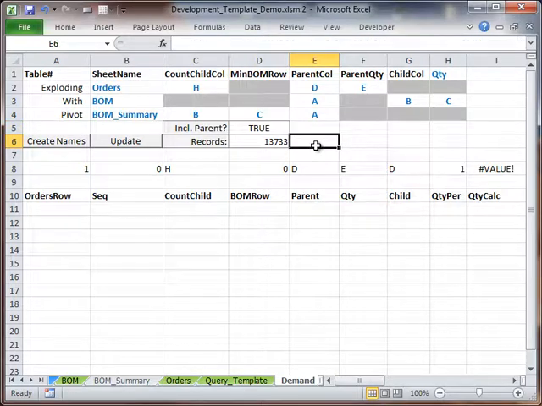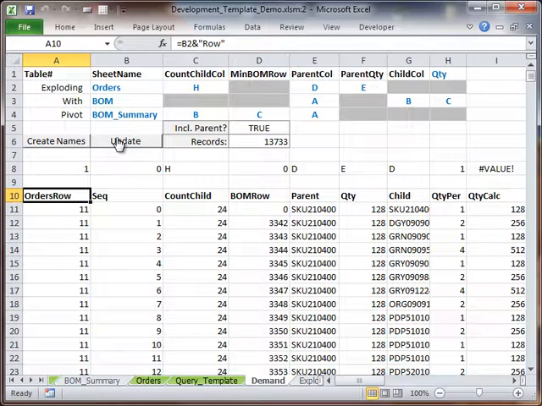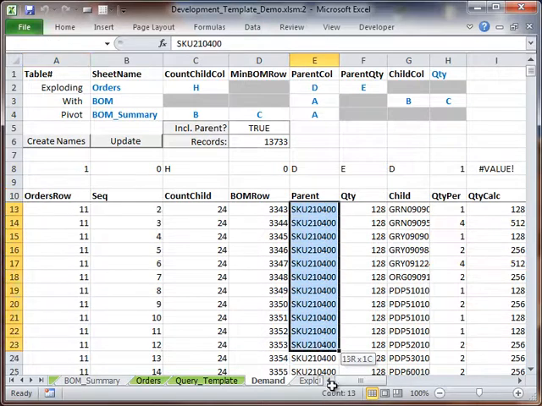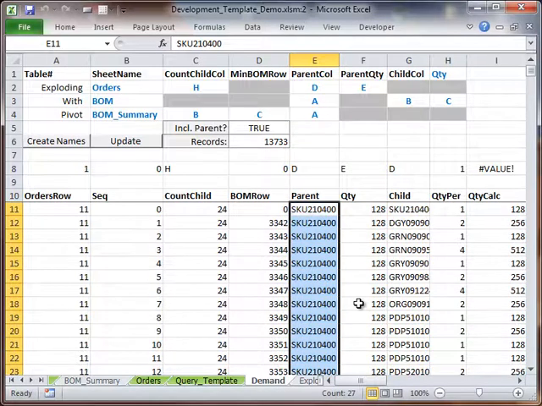The resulting data lists the original parent item with all of the children items linked to every record in the order book. You can see that the formula counts up the total number of children for each parent and then starts on the next order line. Here are the child item codes for that parent. Here's the parent quantity from the order book, the BOM quantity, and the total quantity that's